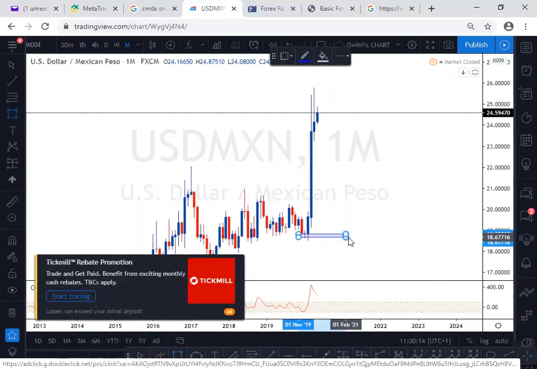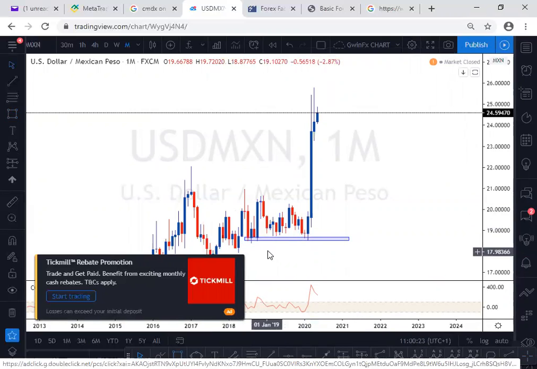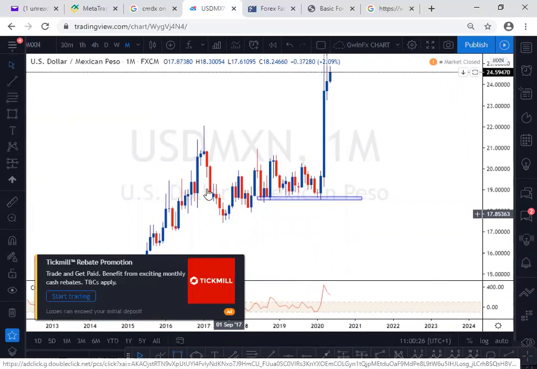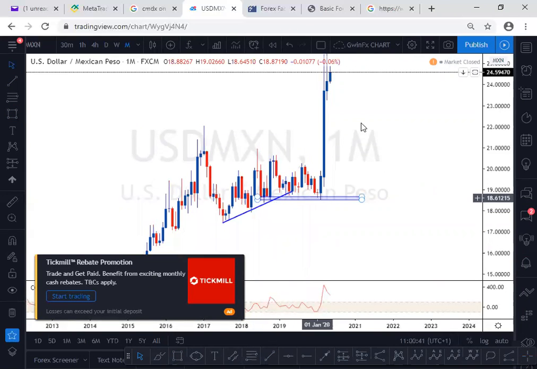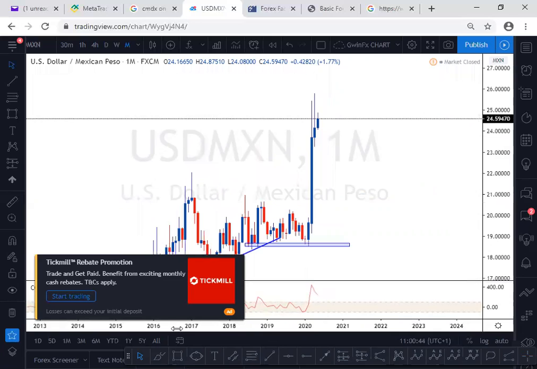This was where the market took off, a very strong area from the monthly. From this high here, the market started making lows, going up, consolidating, going up. So this was a bottom that the market actually did take off from, and we can start drawing this. The market consolidated here and then took off to the other side. But after an impulse, what we want to be seeing is a correction.